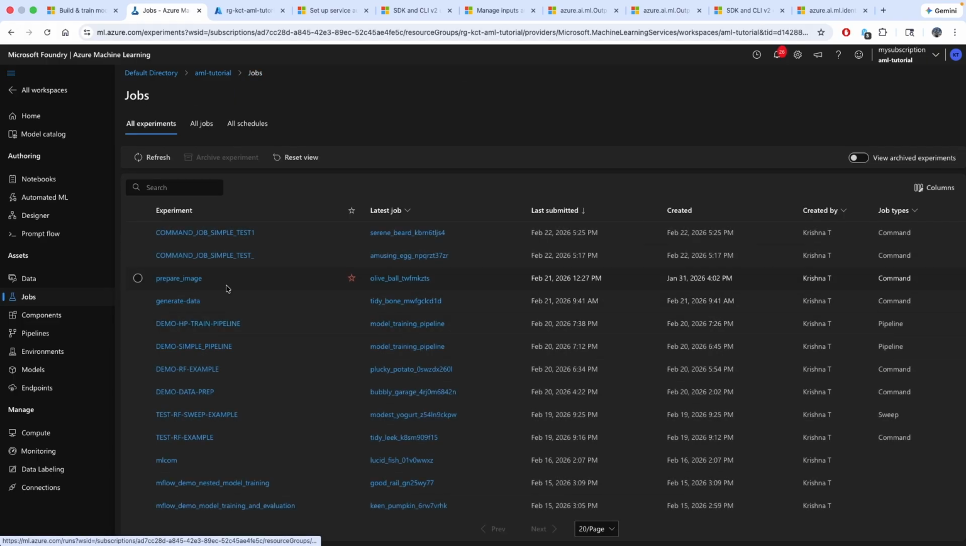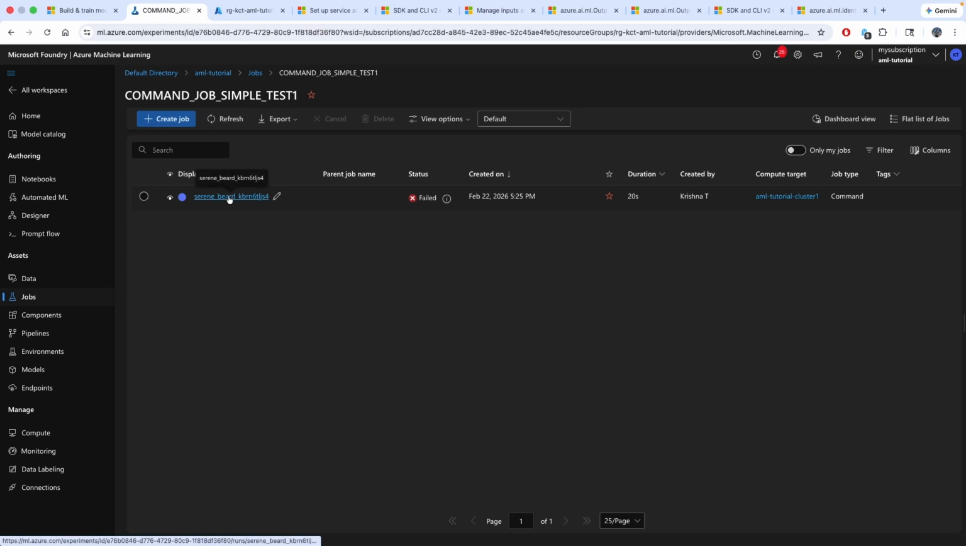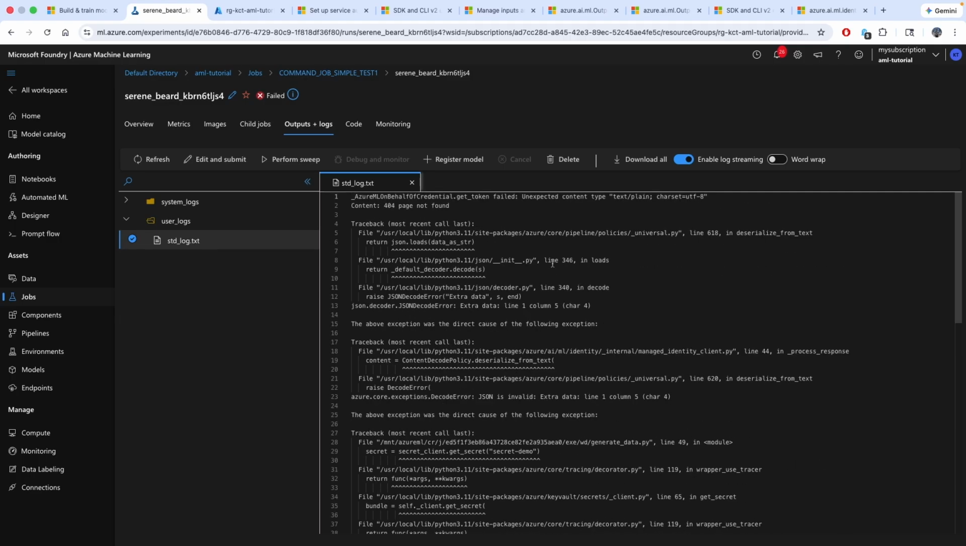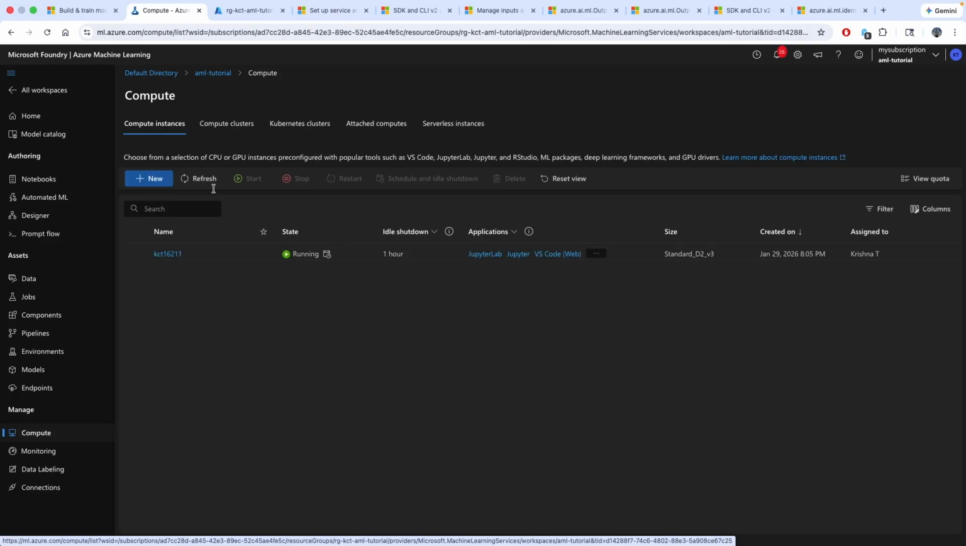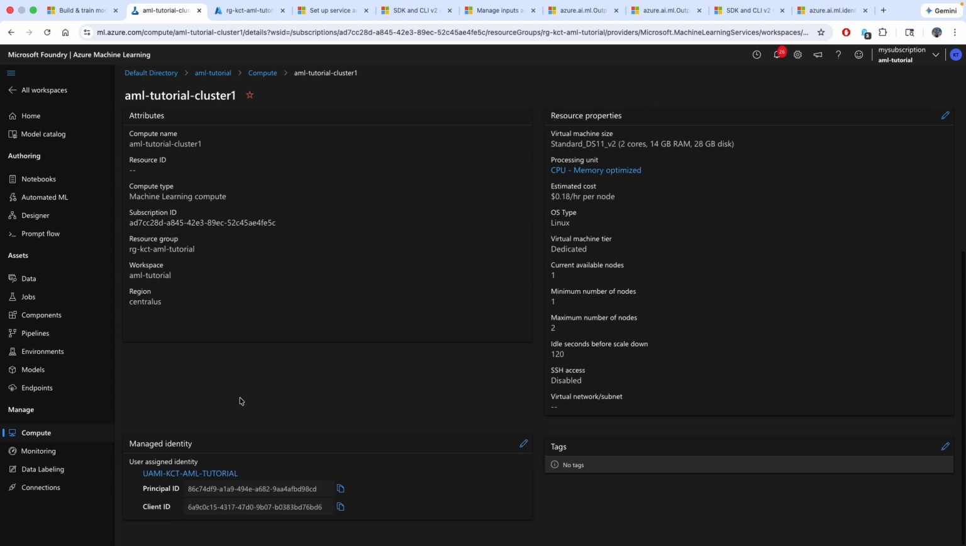Let's go to jobs. Let's go to the experiment. You see, the job has failed, and if you look at the logs, it's not able to get the token. Even though we have configured the user assigned managed identity to the compute cluster, it's not able to connect to the key vault. But it is able to connect to the container registry. Again, the reason being, we have provided the ACR pull permissions to the user assigned managed identity,